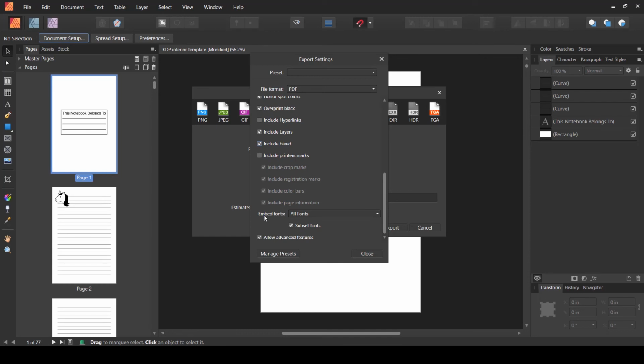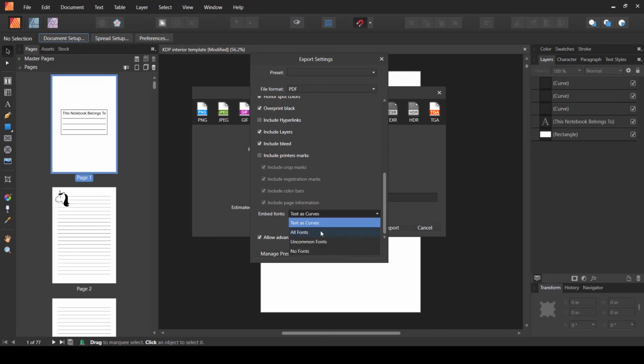Now for the fonts, I wouldn't recommend embedding fonts because sometimes when the PDF document is opened on another computer, it might cause a little bit of changes in the line spacing, in the character spacing. Some small changes can totally distort your whole interior. So I wouldn't recommend embedding any kind of fonts. Instead, I would say that you should select text as curves.